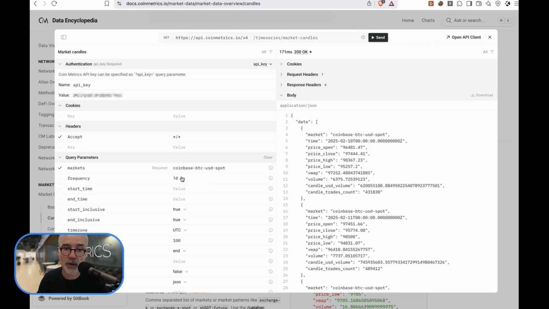So if I change that to hourly, I'm going to get the 100 most recent hourly candles. But of course, we can provide a start time, an end time, and we can change the page size in order to get more candles in one go. That's all fabulous. Now, let me show you that we can do this also for all APIs by clicking on